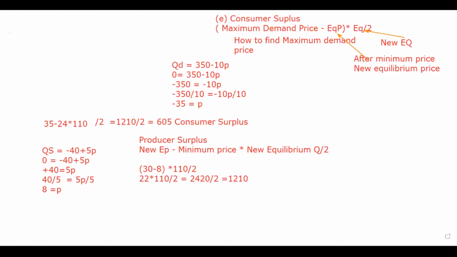Did you all understand? Please inform me so I can explain if you want me to. I'm expecting a question from this area in your exam this time, so I want you guys to be very concerned about this. Please write the formula. Please understand the things. Why I took producer surplus, why I took consumer surplus, you need to understand. In consumer surplus, I took only 24 rupees, because the consumers agreed to give 24 rupees, but I took 30 rupees for producer surplus because the government has informed the producers they will get it. Normally a minimum price is only for the producer's side, not for the consumer's side. That you need to remember when you're doing the sum.